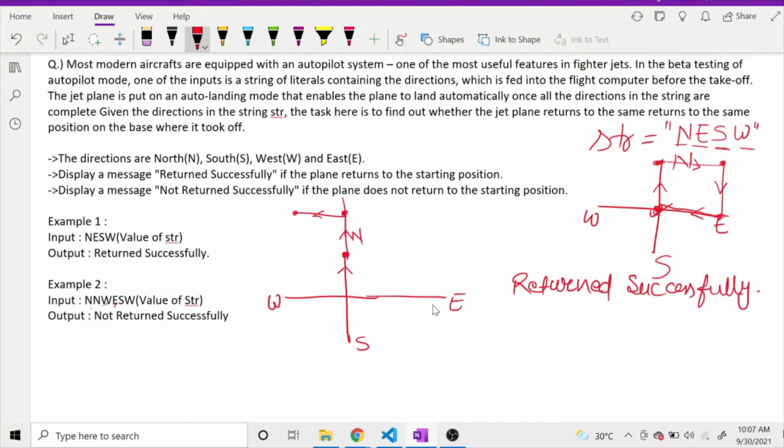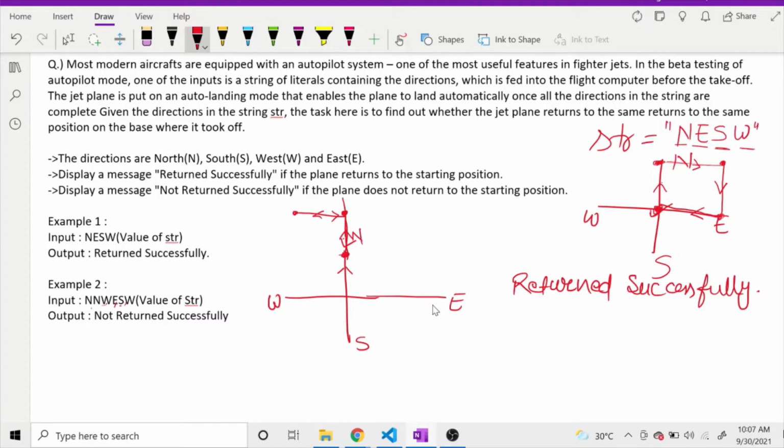Now we are moving towards east. When we move towards east we will reach here only again. And then one direction towards the south. When we move towards the south we will come back from here to here, and then towards the west, one direction towards the west.